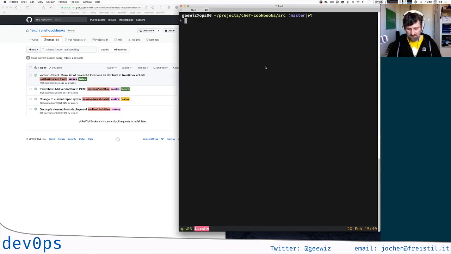But that's how things are, and it's time to resolve them. Speaking of resolving, it's issue number 156, so I'll create a new branch, 156 Varnish exceptions,